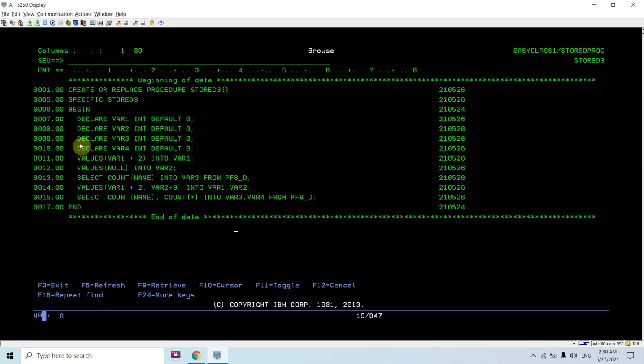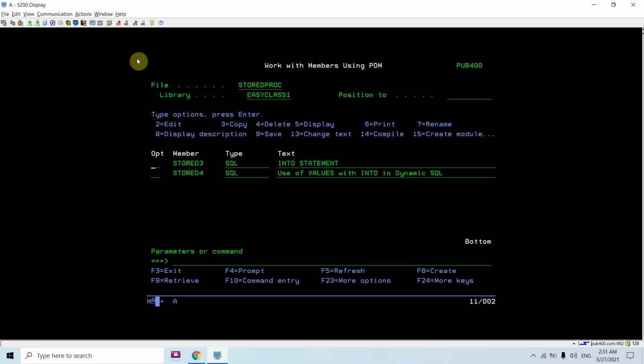You can see how all these statements differ in syntax but fulfil the same purpose of using the INTO clause. This is the way we can use the INTO clause in our SQL stored procedure.